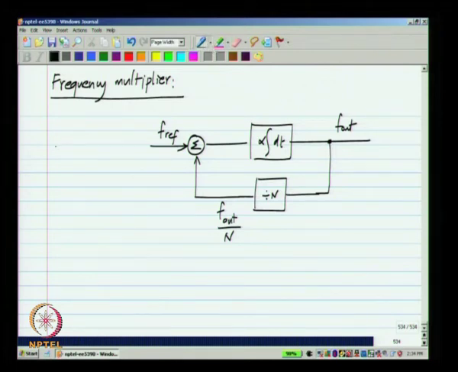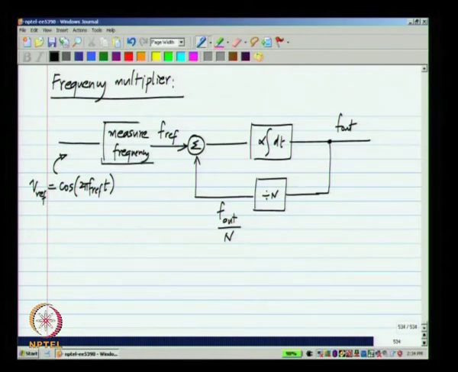Now, as I mentioned earlier, the input will not be a frequency, but obviously it will be a signal of a certain frequency. Let me call it Vref, and I will denote the input by a sinusoid of frequency f ref. As I emphasized earlier, the waveform does not have to be a sinusoid, but it can be any periodic signal p with a period of 2 pi. Okay. So, that is what is applied here, and we measure the frequency of that.